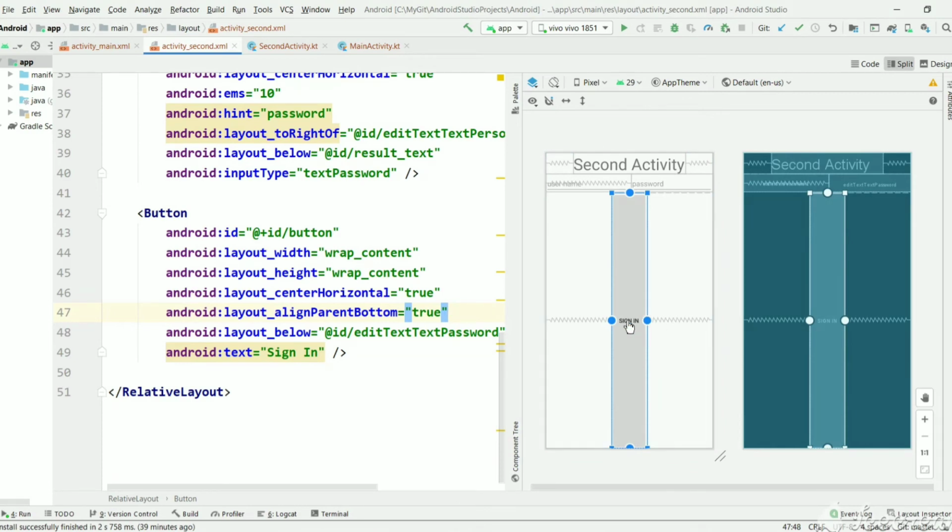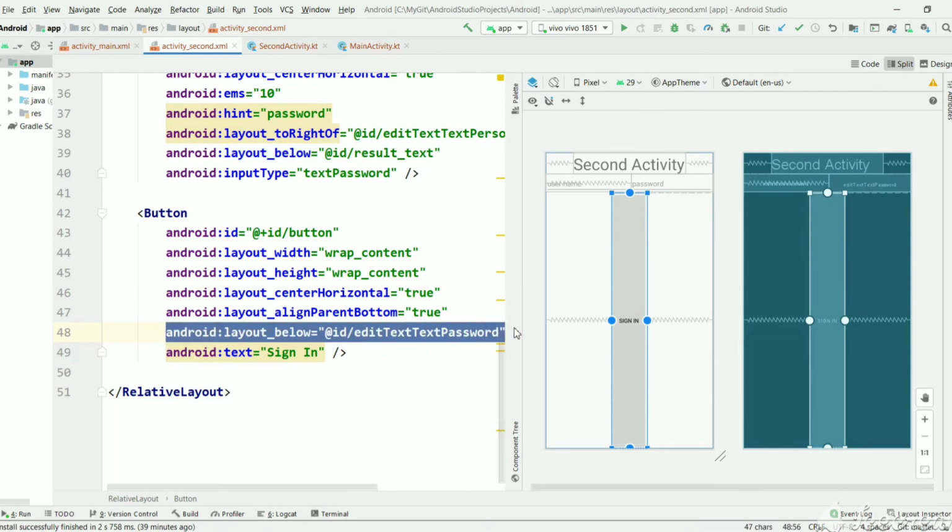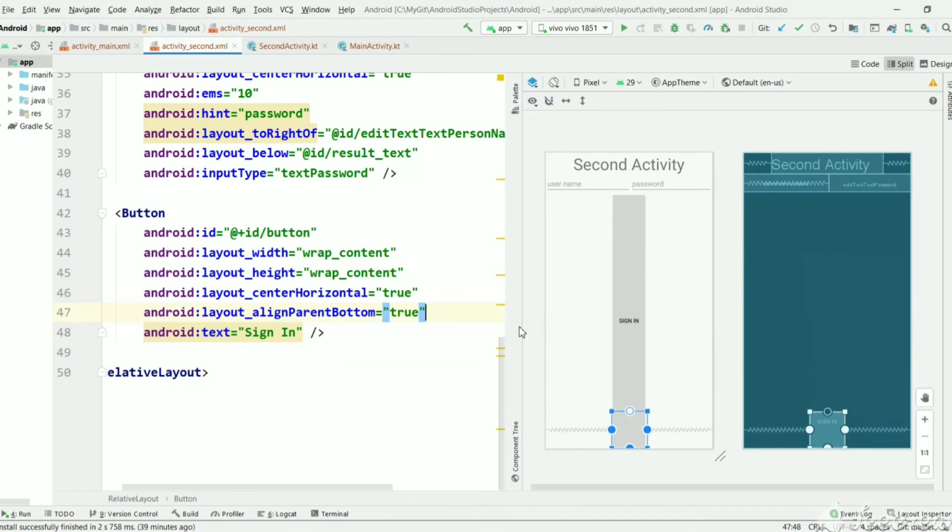Because we have mentioned sign in should be below this password and it also should be at the end of the parent. That's why it is satisfying two attributes. If you remove this one, it should be below password, then it will reduce and go to the end. Let's remove this one. As you can see, it went to the bottom.